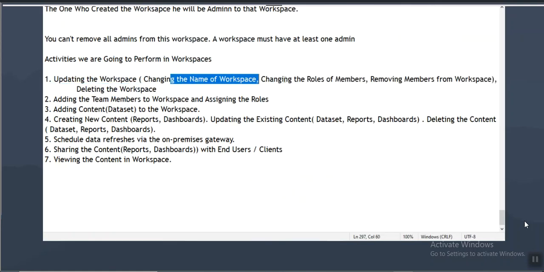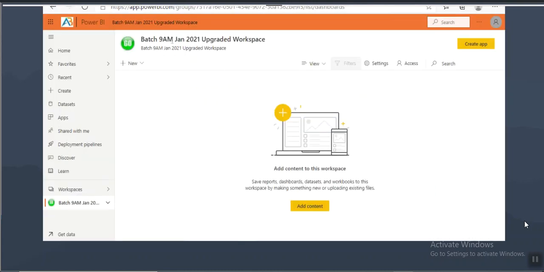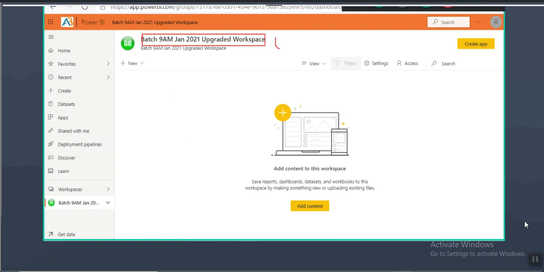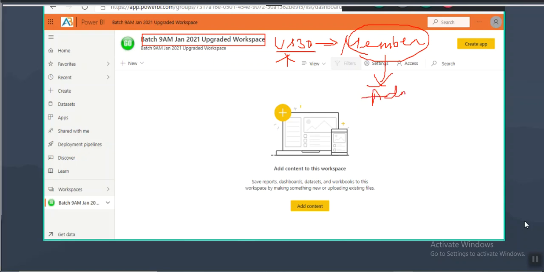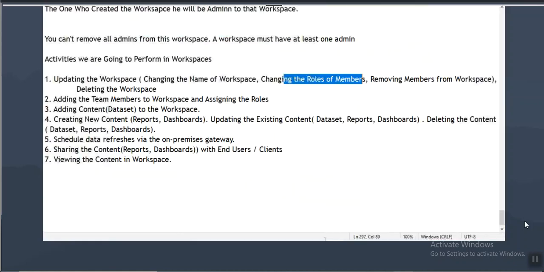Or changing the roles of the members. Already in this workspace, I added user 30. Previously when I added user 30, I added him as a member, and I want to change the role now from member to admin. So whenever you need to change the roles of the members,